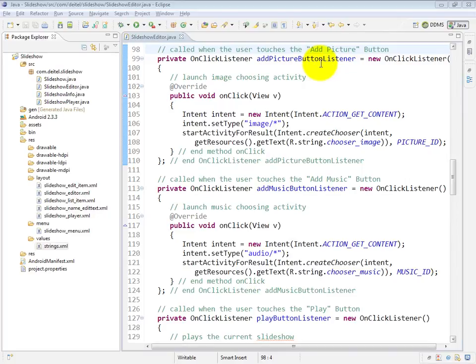Lines 99 through 110 define our Add Picture button listener. Now, when the user touches the Add Picture button, this listener's onClick method is going to launch another activity that allows the user to choose an image and have it get returned back to the slideshow editor activity for insertion into our slideshow. Now, what makes this onClick event handler interesting is that for the first time we're going to